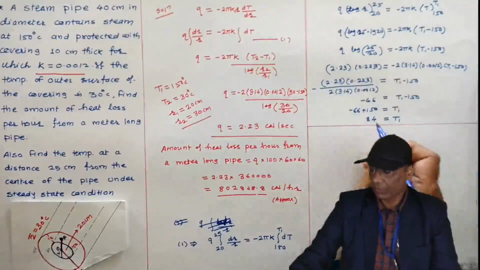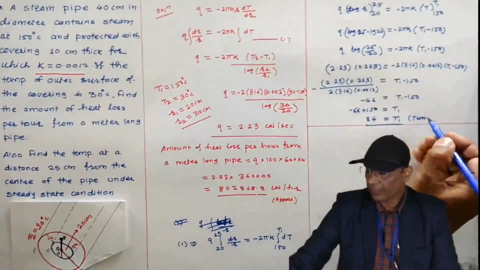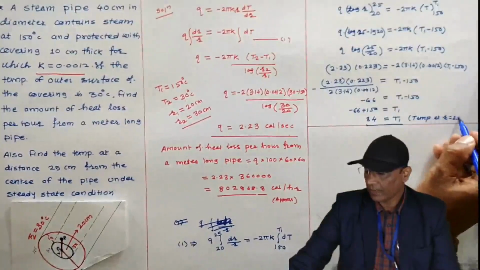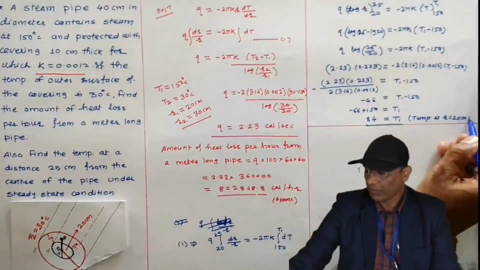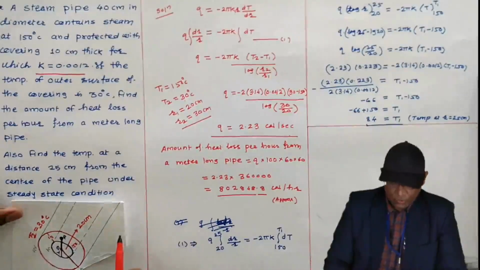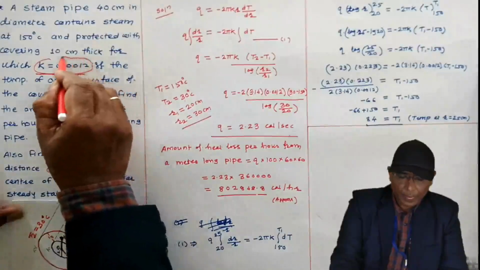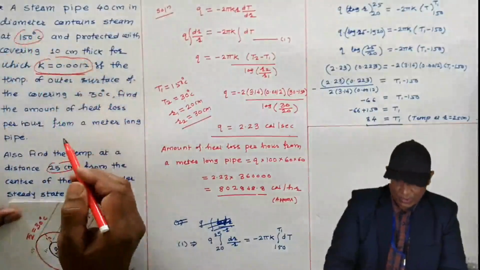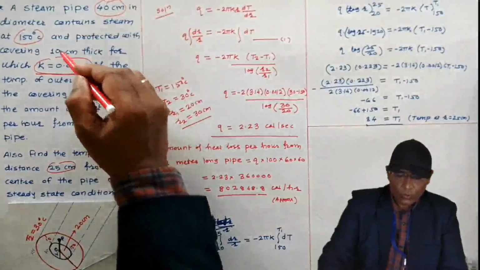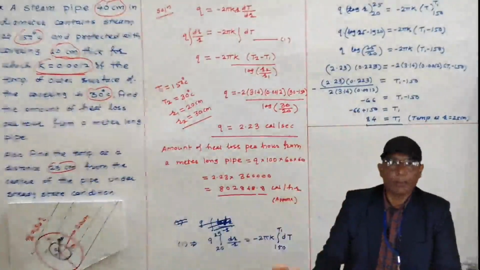So T1 equals 84. This T1 is the temperature at R equal to 25, at R equal to 25 centimeters. In this way we have solved this one. In an examination, all those values may get changed: this 25, this value of k, then this value, because all those values may get changed in the examination, but the procedure will be the same.